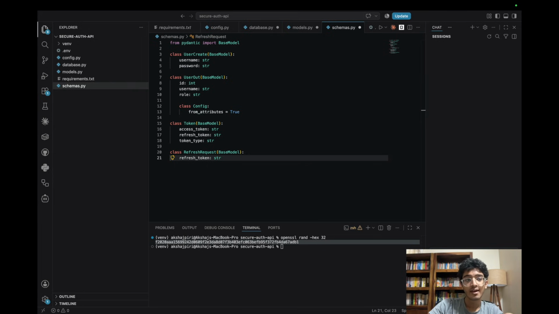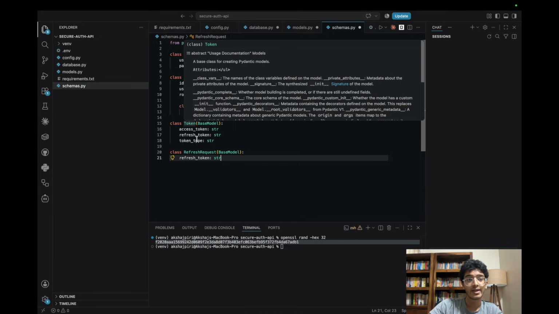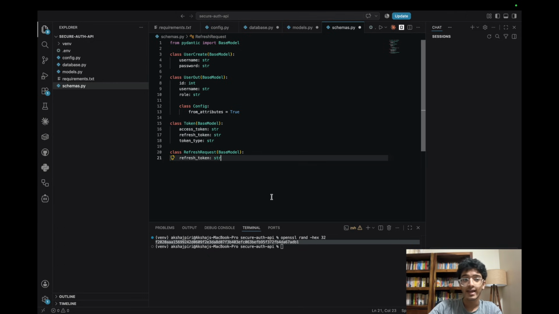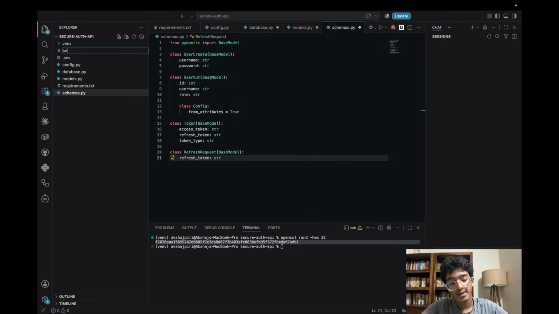Then we have another class called UserOut, and this is what we send back when we are returning user info, like on a public profile route. It excludes hashed_password entirely because we never send that back out, even though it exists in the database. And the next ones are Token and Refresh requests. These describe the shape of login responses and refresh requests, so FastAPI can validate them automatically instead of us checking manually. Okay, this is schemas.py, and now we'll create another